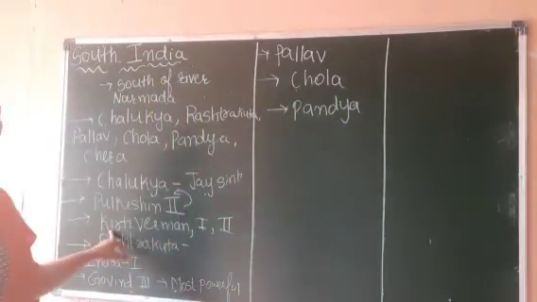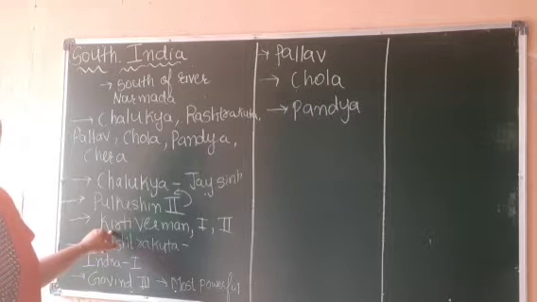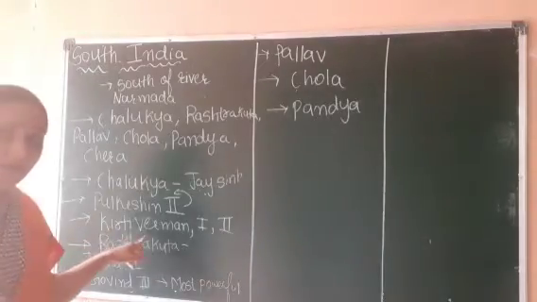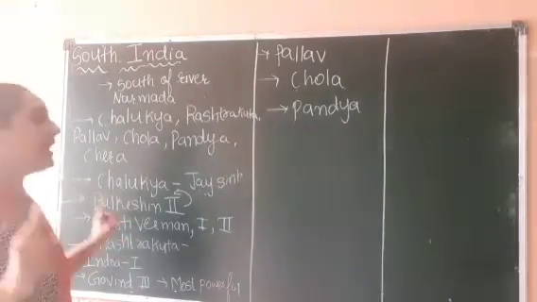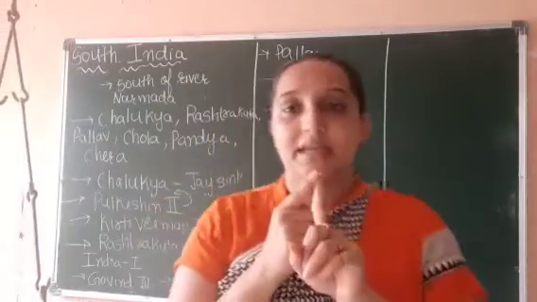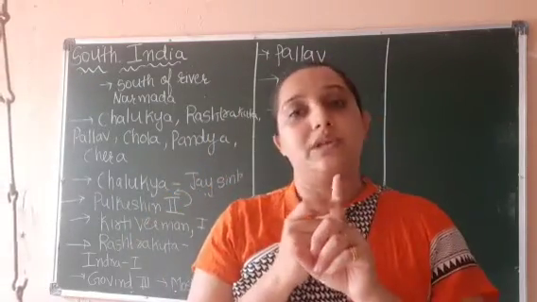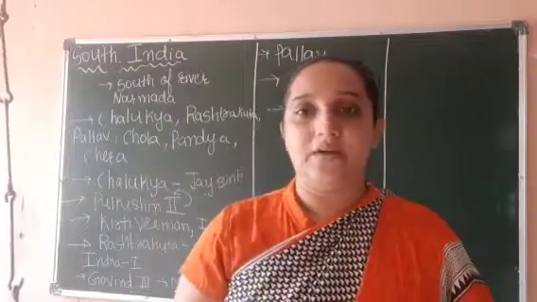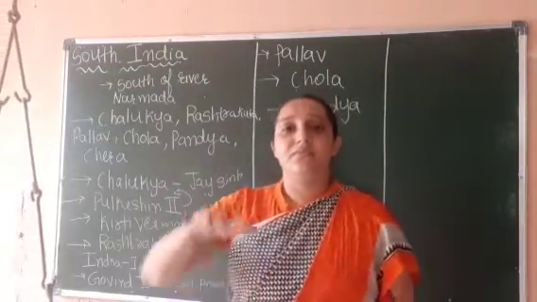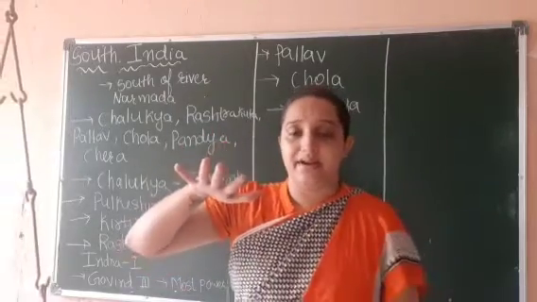So if we talk about other kings, then Kirti Varman, Pulkeshin 1, Pulkeshin 2 were the brave kings of the Chalukya dynasty. Kirti Varman, Pulkeshin 1, Pulkeshin 2. They were the great kings of the Chalukya dynasty. Now, when the Chalukya dynasty started to weaken,